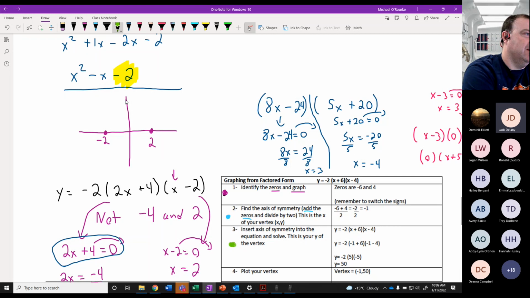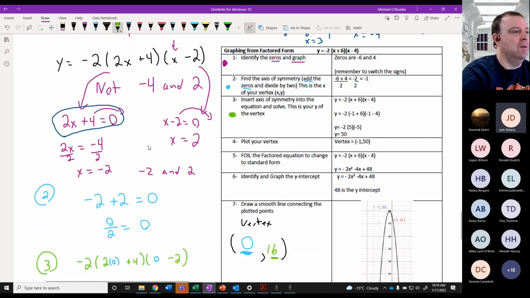We put this up here and just say it's 16. That's perfectly fine. So I did that in green as well. Now, our next step is we can